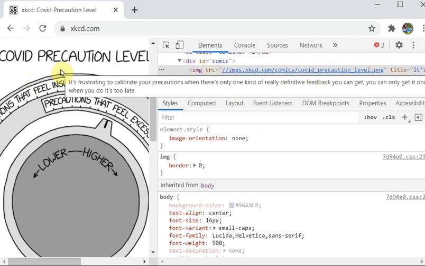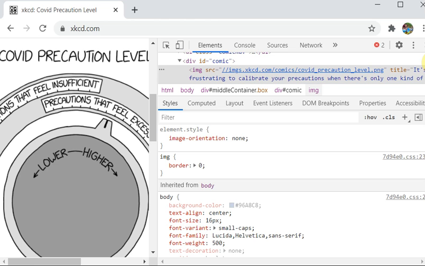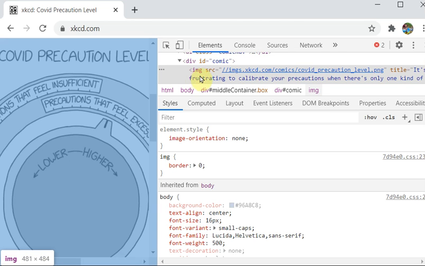The URL of the comic image file is given with the image tag here. So the image element is inside the div id equal to comic element.